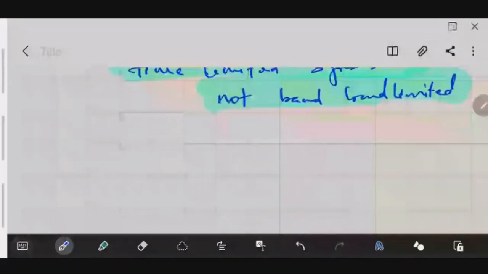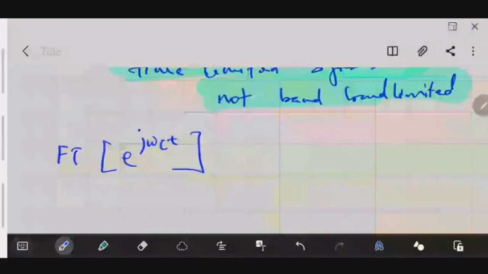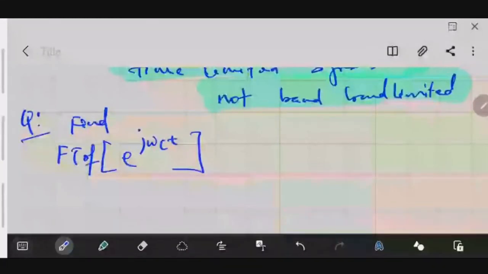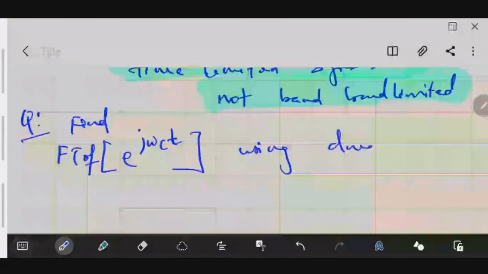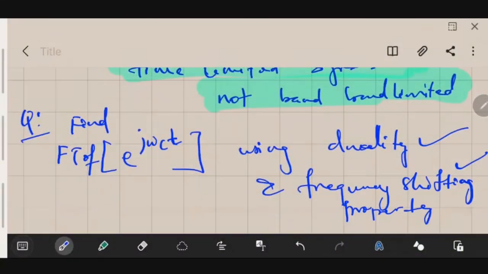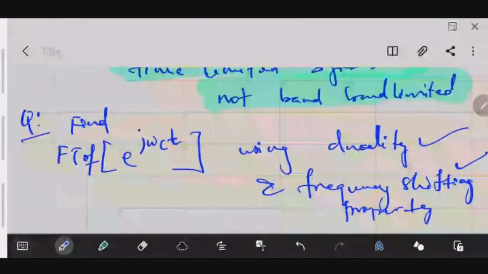So using that, you find the Fourier transform of e to the power j omega ct. Okay, you find it. The question is: find the Fourier transform of e to the j omega ct, where omega c is a subscript, and then t. Using your duality and your frequency shifting property. So let me just give you a hint here, and it will be easier for you